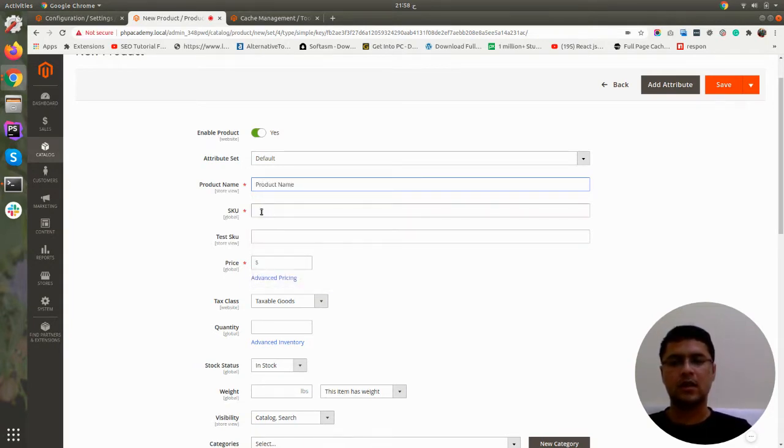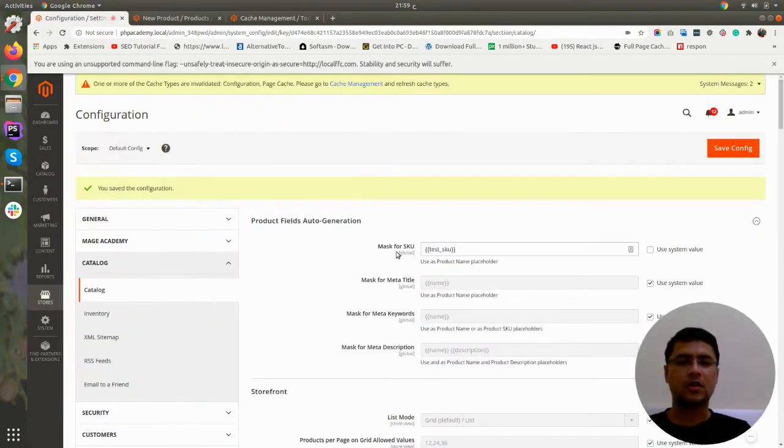You can see that my SKU is not filled. Now if I write anything here, like my product SKU in the test SKU field, you can see the SKU is automatically filled. So the SKU is now bound to the test SKU. Whatever I write in test SKU will be in SKU, whereas previously it was bound to the product name. This is how you can change the SKU mask.